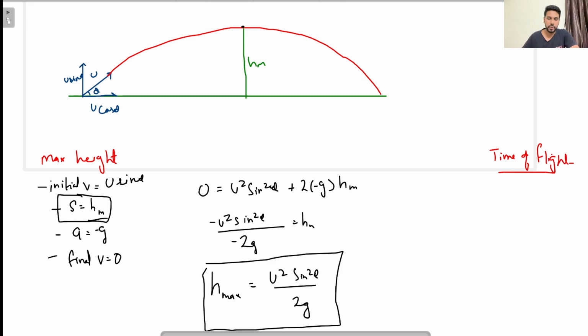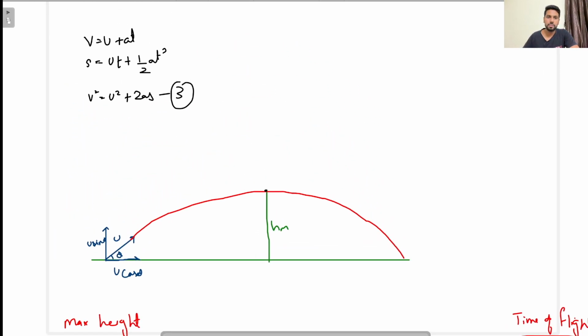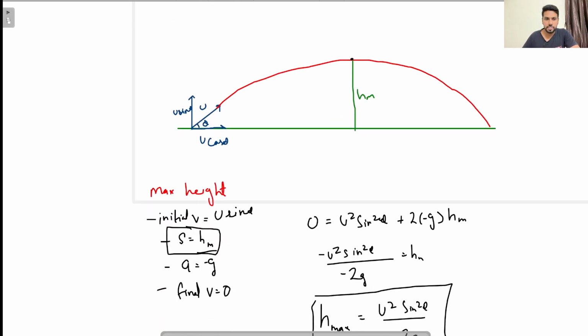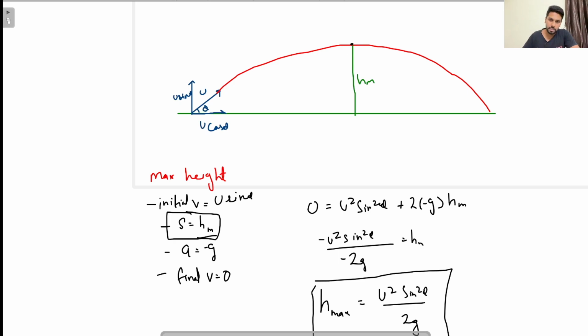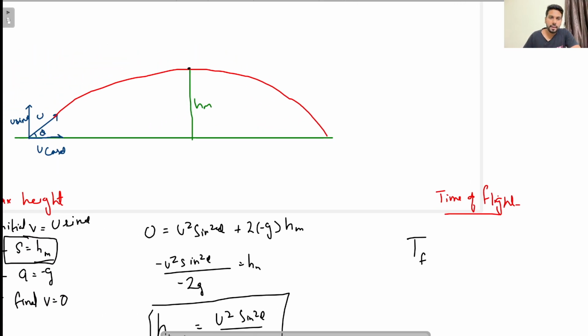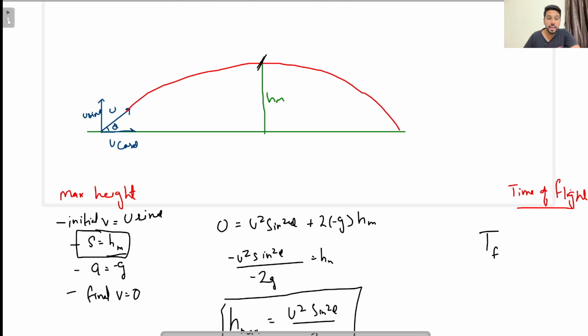Now for that, I require any one of the equations of motion. Let me see again. I have initial velocity, I have the maximum height which is already found, I have acceleration, I have final velocity, wherein I require time now. I'll call it TF. But look here, I can actually find the time taken to reach this point. I can use my